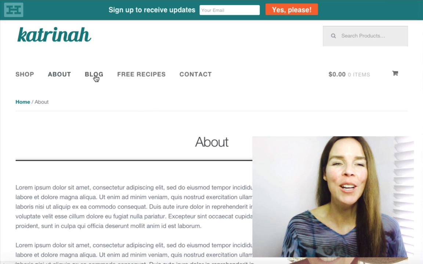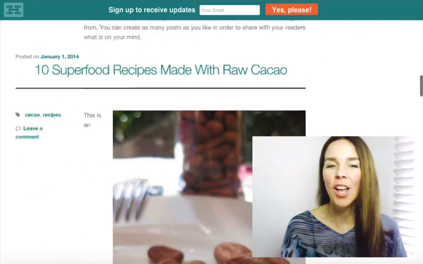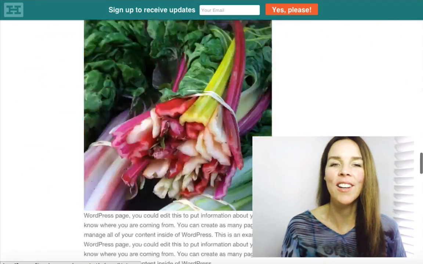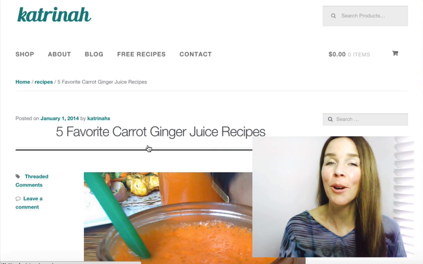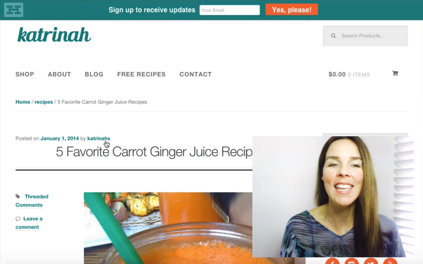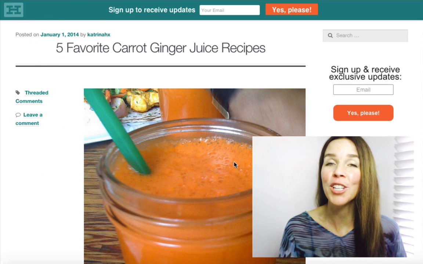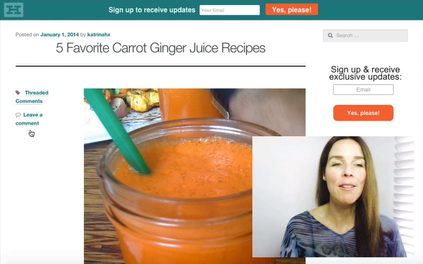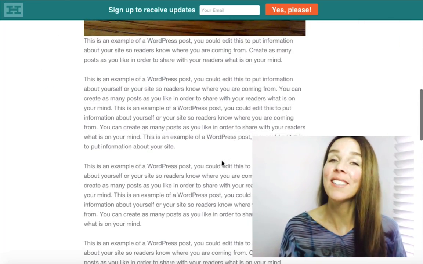Okay, moving on, we have our blog page. This is a standard blog archive page with all the blog posts showing up one on top of another. When we click on a single blog post, we'll see at the top the published date, the author, and the title, followed by an image if you include an image on your blog posts. On the left-hand side, we'll have some links related to comments, and then we'll have the actual blog post itself.